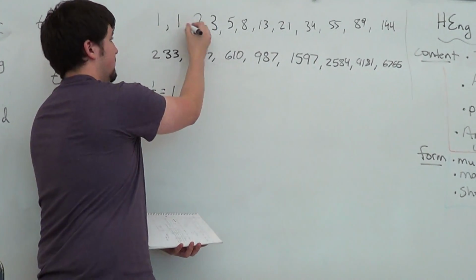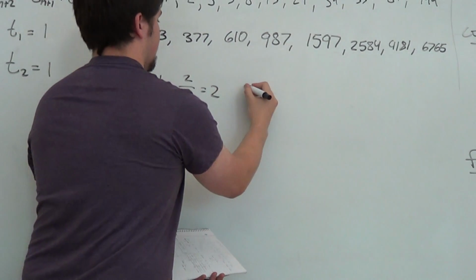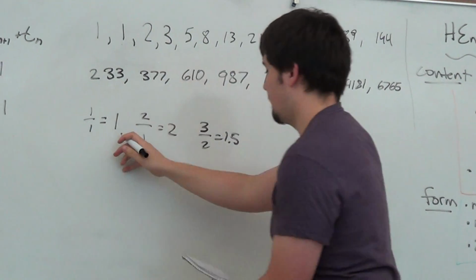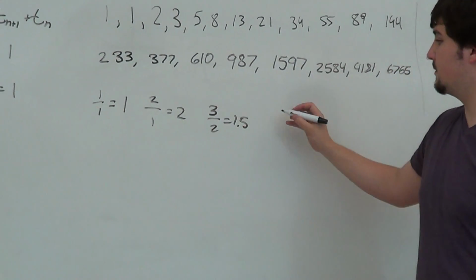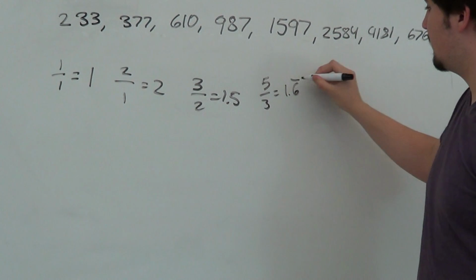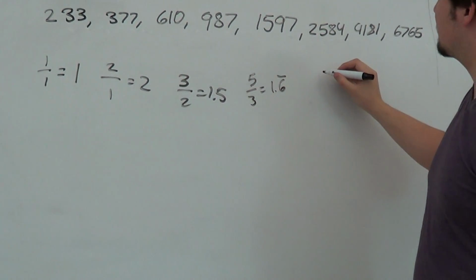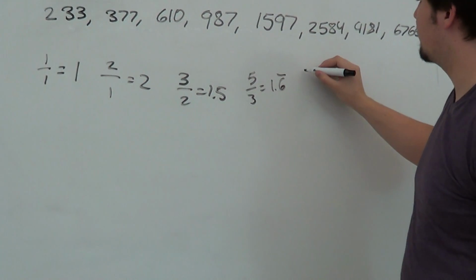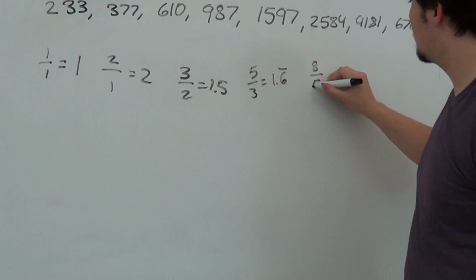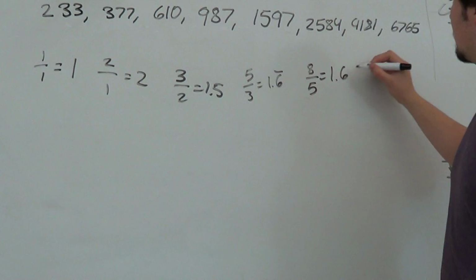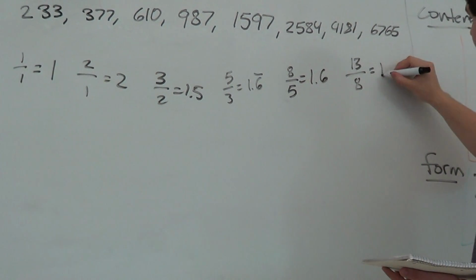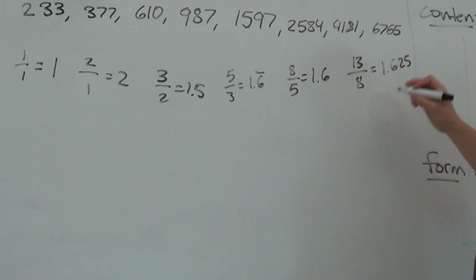1 to 1, 2 to 1, 3 to 2, it bounces back and forth, gets bigger, then smaller, then bigger. Is this an alternating series? It's not an alternating series because it's not getting negative. 13 over 8 is 1.625. The difference between them is alternating. See how it's getting closer